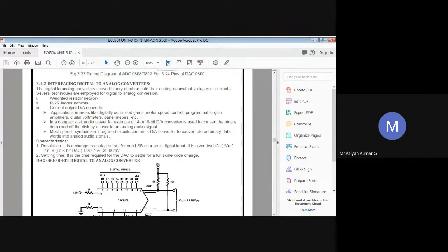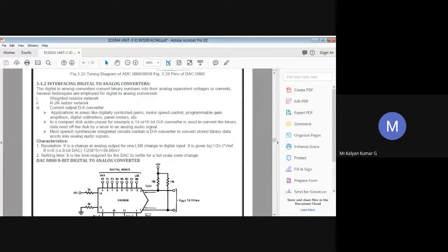Here also we have critical parameters like conversion time and resolution. The smallest possible analog value that can be represented by the n-bit binary code is called the resolution. The resolution for a DAC with an n-bit binary code is 1 by 2 power n of the reference signal, multiplied with the input, as I said previously. The maximum input digital signal will have an analog value equal to the reference analog value minus your resolution.